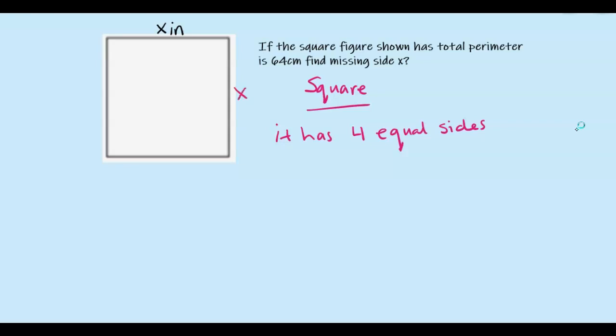That means here is x, here is x, and here is x. So if the total perimeter is 64,